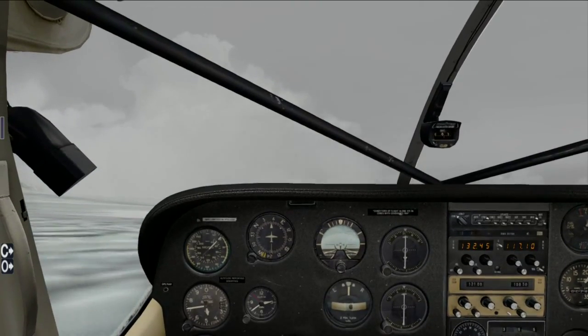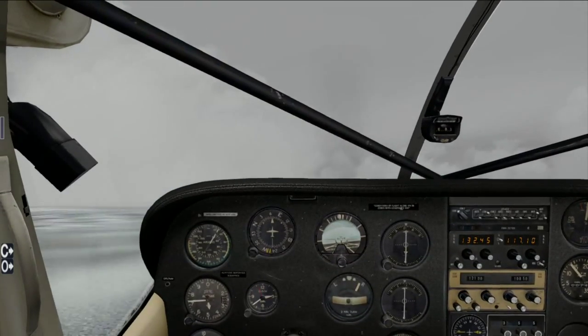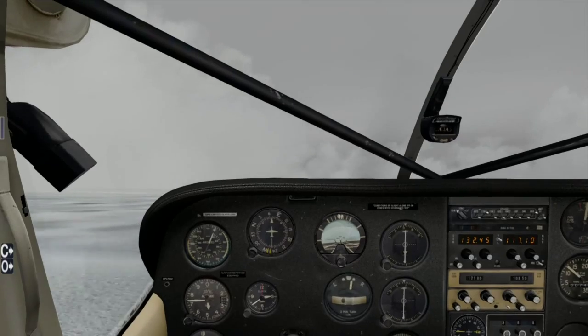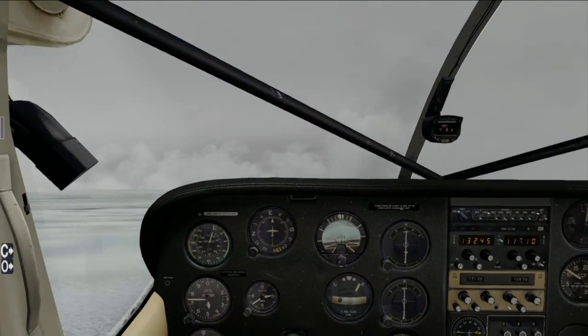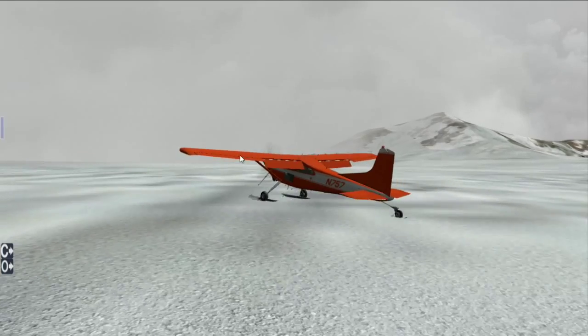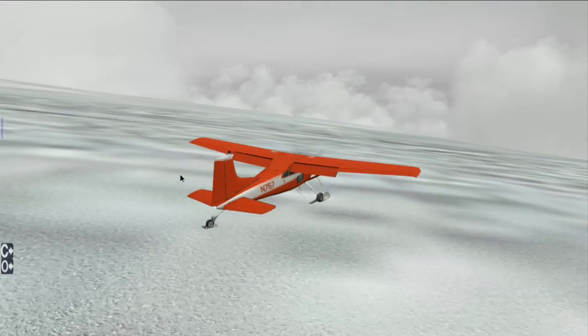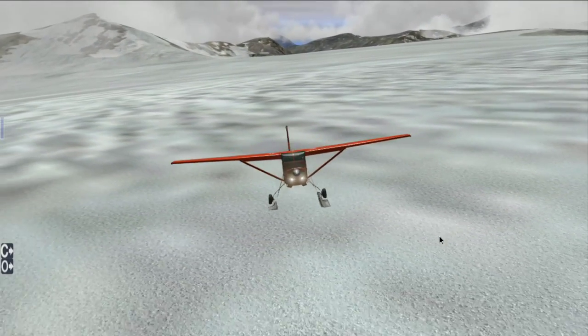Alright. Got that rudder all the way over, trying to keep me from sliding down the hill. And the skis appear to be doing their job, so...